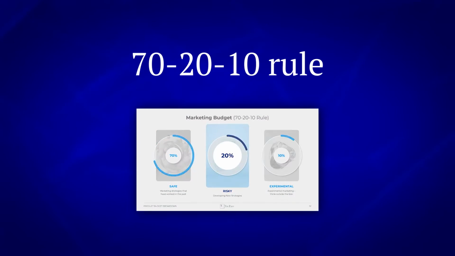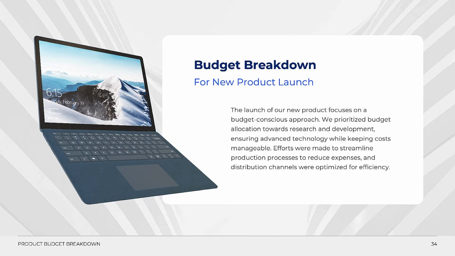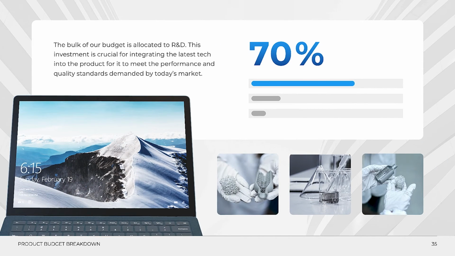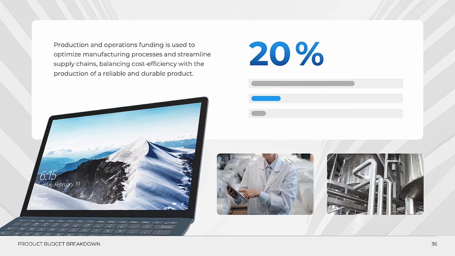The 70-20-10 rule. Building upon the foundation of precise budget variance tracking, the next step of a budget plan involves distribution of resources across a wide spectrum of operational and strategic initiatives. The 70-20-10 budget allocation framework steps in as a guiding principle for this distribution and promotes a calculated yet dynamic